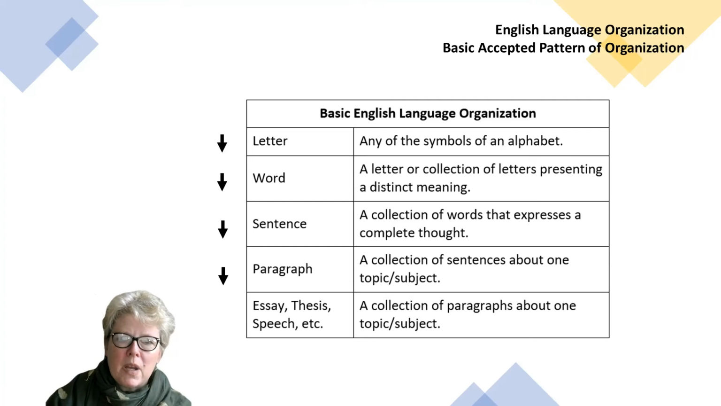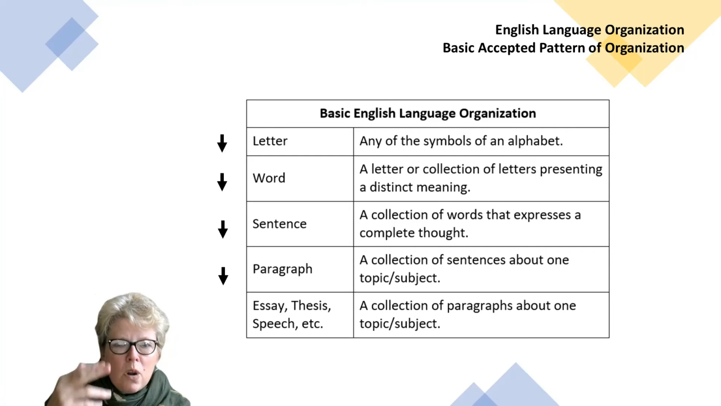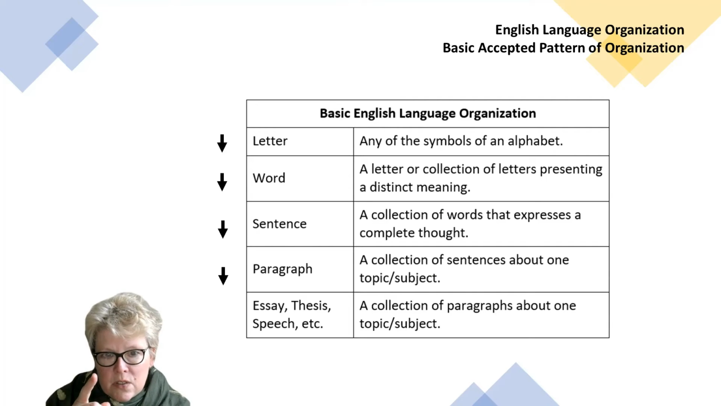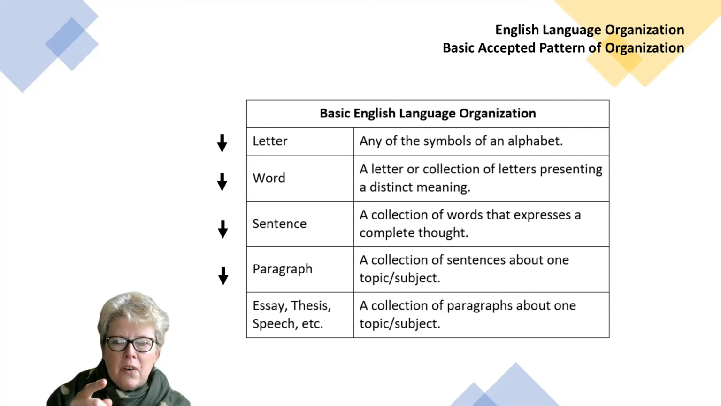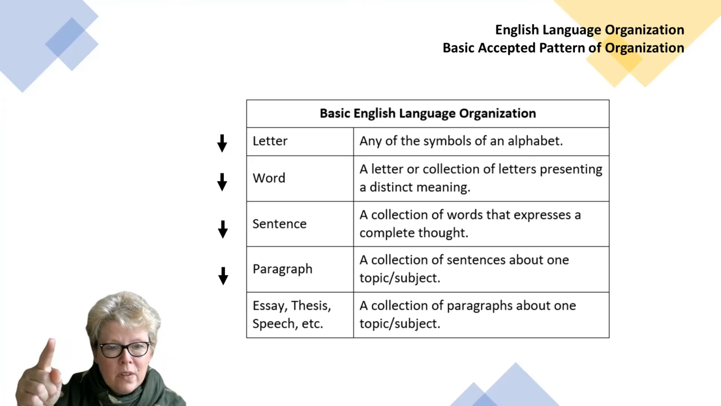Most languages have alphabets. We take letters and we combine them into words, and the word must have a distinct meaning. It's a letter or collection of letters presenting a distinct meaning. We use words and combine them to make sentences. A collection of words that expresses a complete thought, one complete thought. We use sentences and combine those to make paragraphs, a collection of sentences about one topic, one paragraph, one topic,